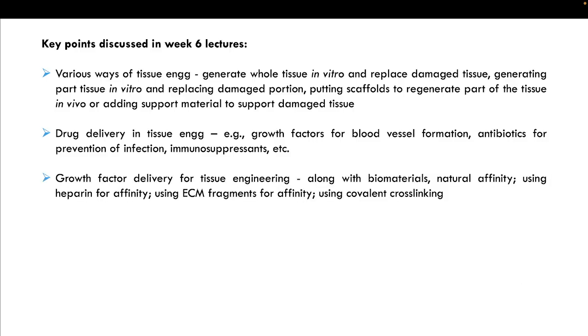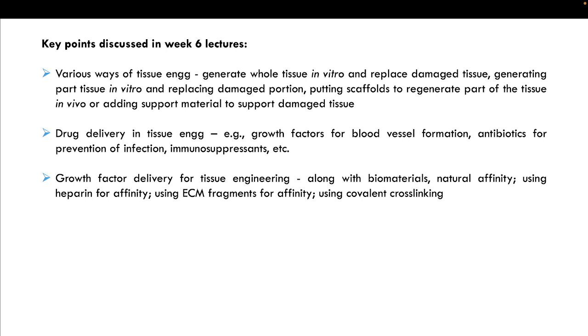So one such example of delivering molecules is growth factor delivery, as I was talking about for blood vessel formation. There's one way where you can just deliver the growth factors, but growth factors are very small molecules, so they have very less retention time in the body. Once you deliver them, they are going to be quickly cleared out of the body. So we don't want that. We want the growth factors to sustain in the body for a longer time, so that it helps in the